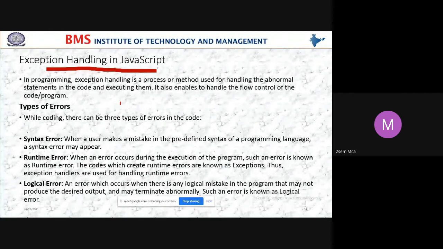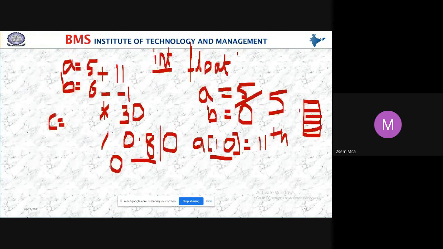For example, here what I had written is addition, subtraction, multiplication, division. At the end I am dividing a number by 0. So it will calculate the sum value, subtraction value and multiplication value. Then when it is calculating the division value, this will occur.